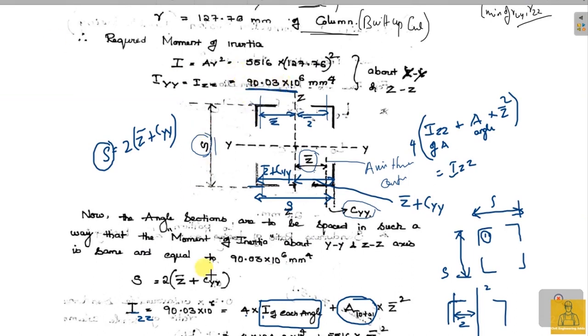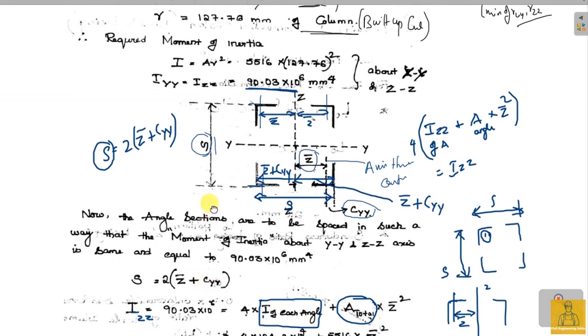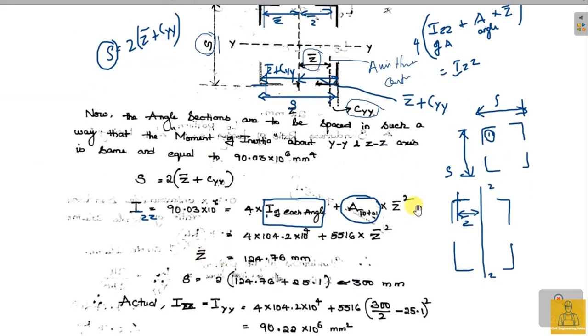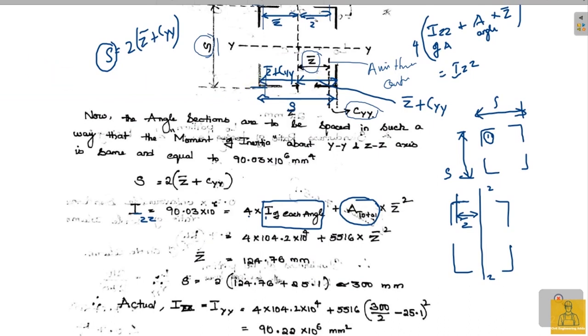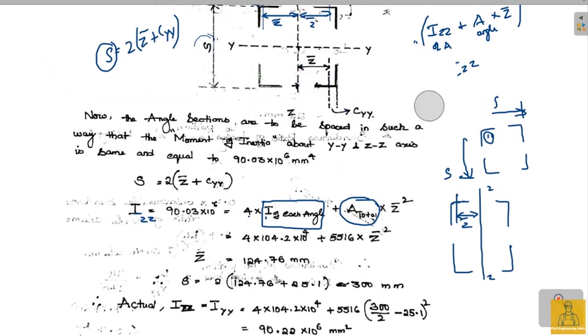But the reason for writing the equation here is that I'm trying to find out the Z bar value. If I know the Z bar value, I can find out the value of S. If I know S, I know the spacing that should be provided over here. So let me go through that. I is equal to this value, so equate that equation with this 90.03 into 10 to the power of 6. You get Z bar as